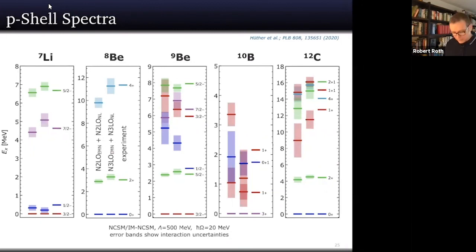I mean, I would be shocked if I see suddenly large uncertainties in, say, a mid-shell oxygen isotope 2+ energy or so. I would expect these to be pretty robust and small uncertainty. Otherwise, I would worry. But my basic message would be, you have to pay this price. You have to go through this in order to make a really rigorous comparison to experiment. Otherwise, you never know whether to blame something on your interaction, to blame something on your many-body calculation, or to blame it on experiment. I think it's really necessary if you aim at this kind of precision.